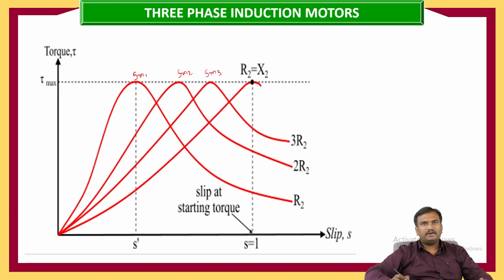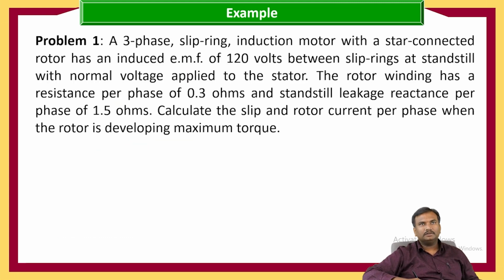So these are the different torque speed characteristics under various rotor resistance conditions. Now we'll go with the problems. Now let us go with a